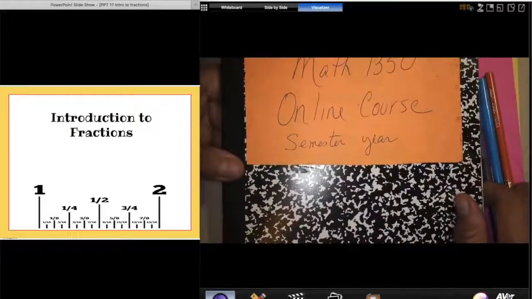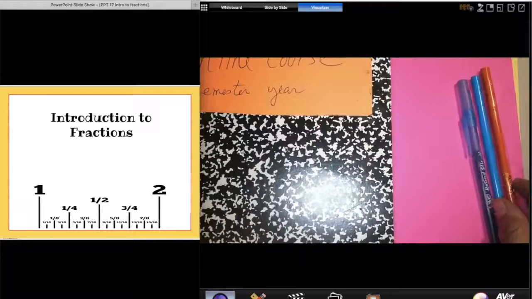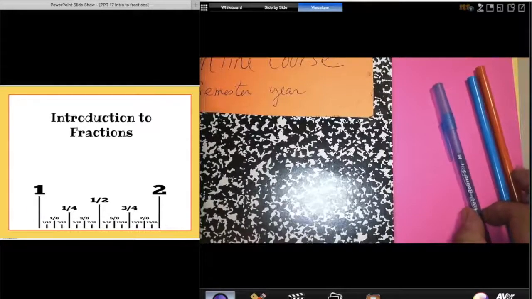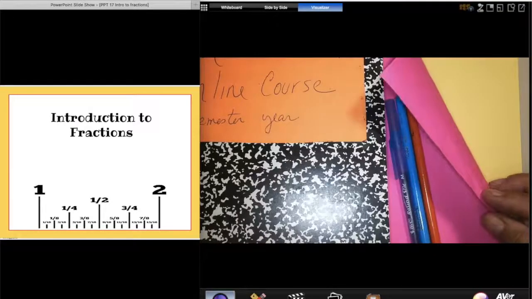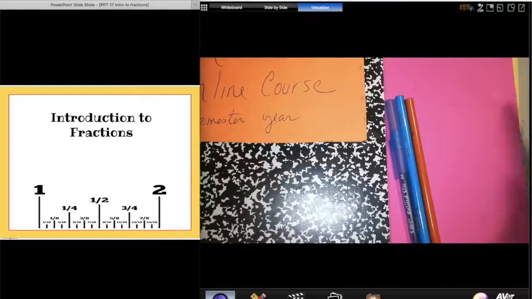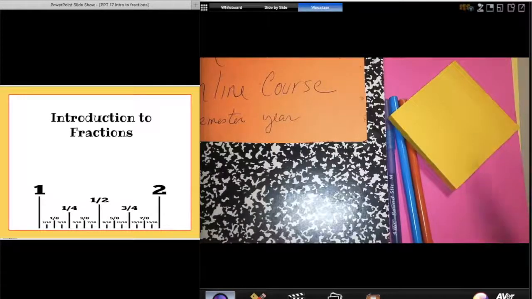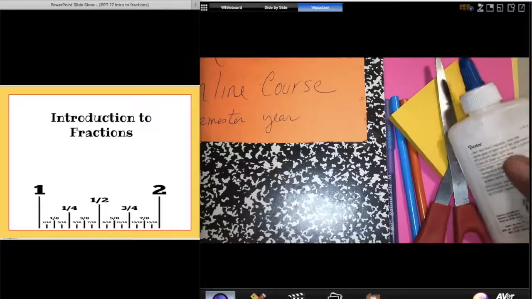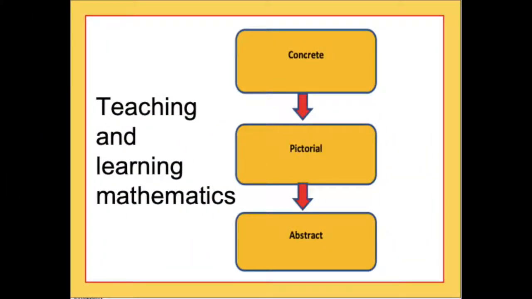Let's go ahead and begin our next lesson on the introduction of fractions. We're going to need our basic supplies, which include our composition notebook, a couple of color pencils, and our pen or pencil. We are going to need a small sheet of color paper. In fact, I'm just going to use some sheets of my Post-it notes. And of course, we need our scissors and our glue. As we begin this lesson on fractions,